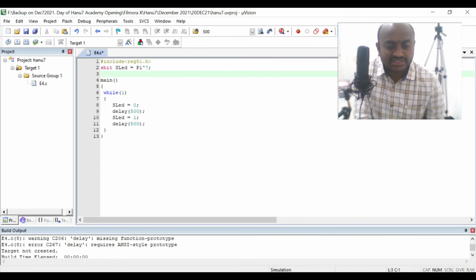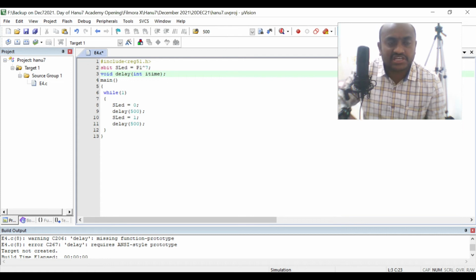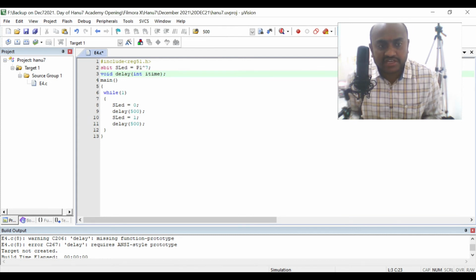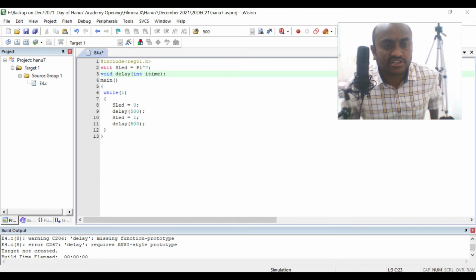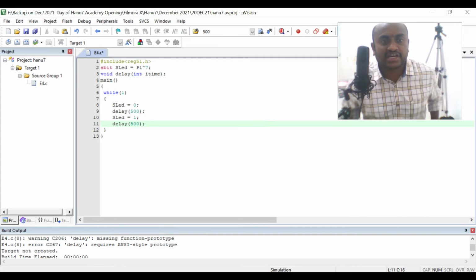So you declare the delay here: void delay of int itime. I want to use a delay of some integer. You can observe it clearly: I'm writing delay of integer, some number I have given there, that is called itime.